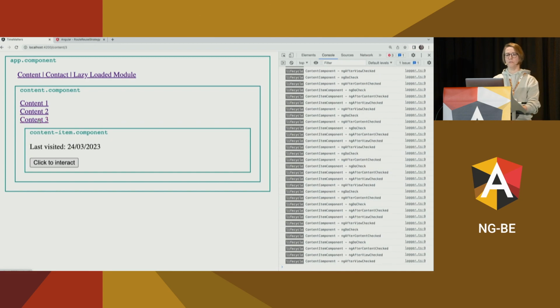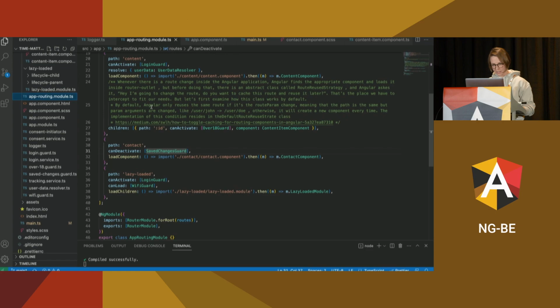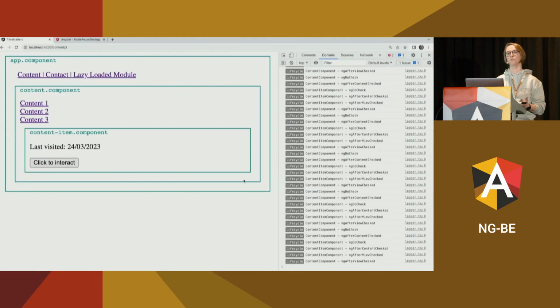And this is due to the caching of routing components, which is the default strategy by Angular. So if you would like your components not to be cached, you might implement a different strategy. I have some notes in here, route reuse strategy. So you can extend it, implement your own logic, so that this is no longer cached. However, it comes at a price of performance, because those components will be reinstantiated, onInit will be called, and it will be re-rendered, etc. So please use it wisely.